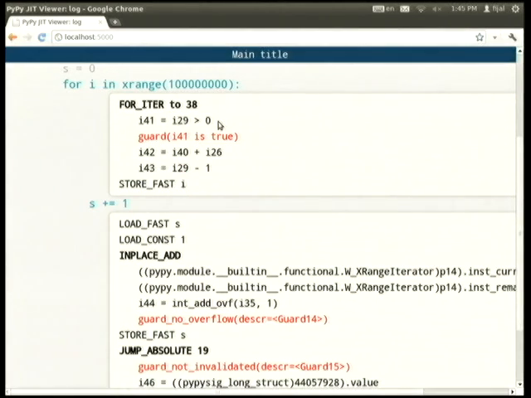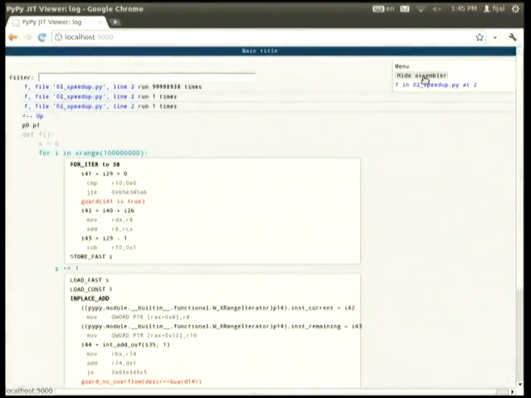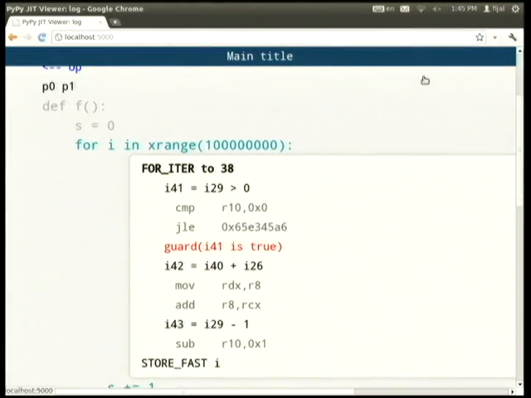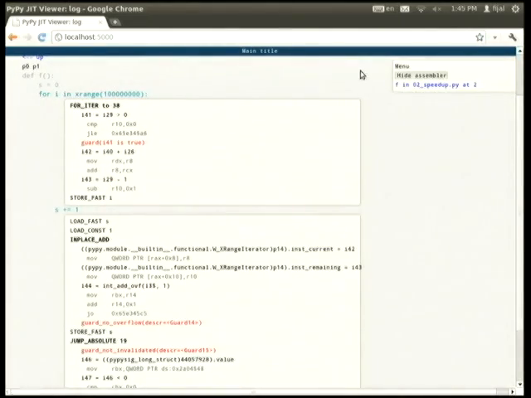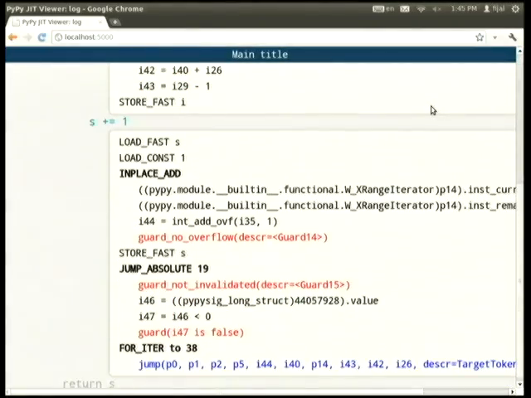So i here is some variable that's usually in a register. If we make this slightly smaller, we can show the assembler. We'll see that, for example, i here would be in R10. So that's a register, a C-level variable. Think about this as C code, except it's written in an obscure style.